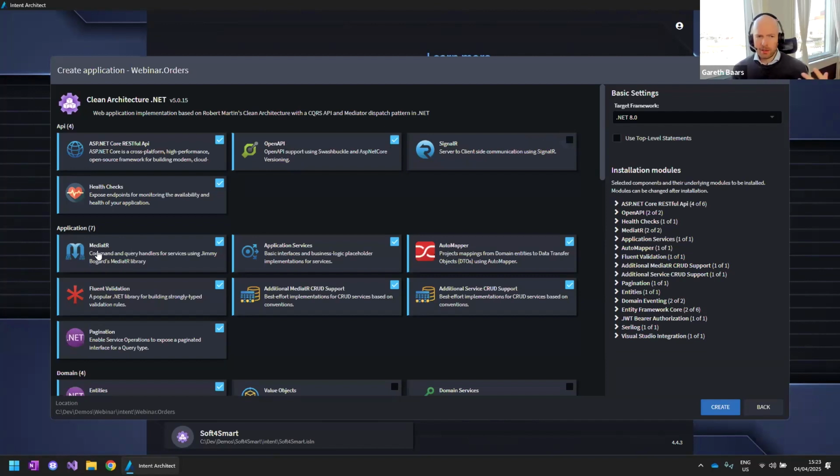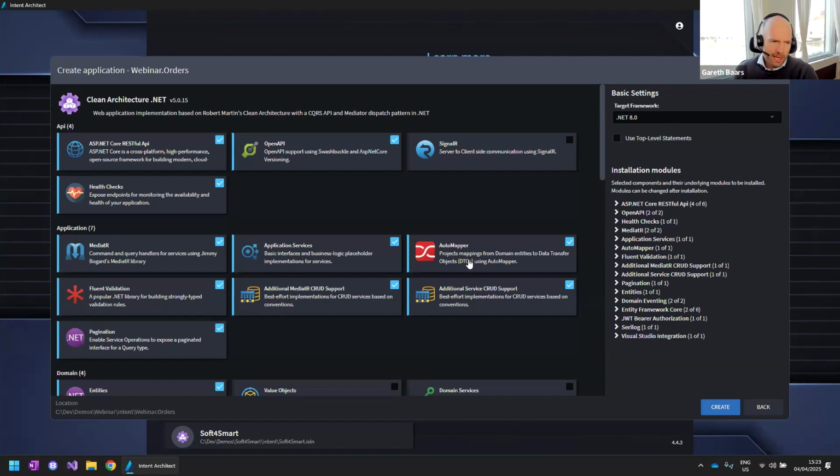On the application side, we've got the mediator. This is a very popular Jimmy Bogard pattern that follows a CQRS design paradigm. And then you've got the typical application services. If you're not familiar with the mediator, it's also a library and a pattern that's become immensely popular in the .NET space with teams all over the world. We've seen it growing in popularity over the last few years. Application services is pretty much how teams used to do things before that, but a lot of teams are using both of these. Some teams pick and choose. It's really just up to the team. They're both compliant with a clean architecture fundamentally.